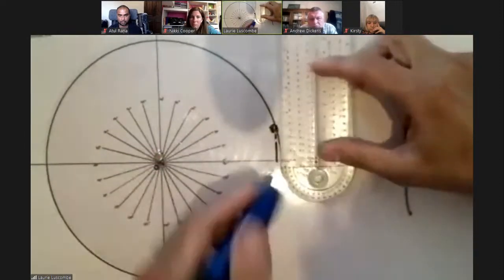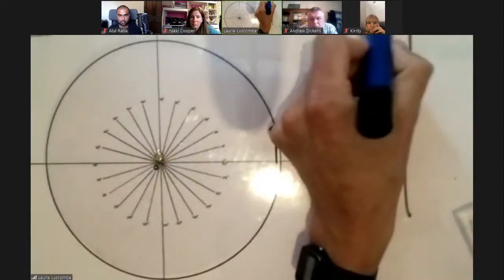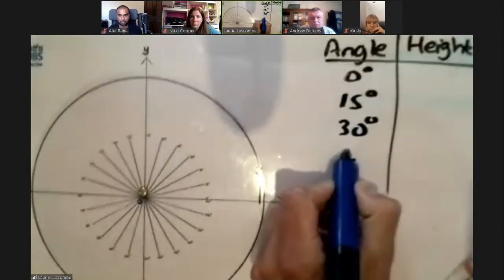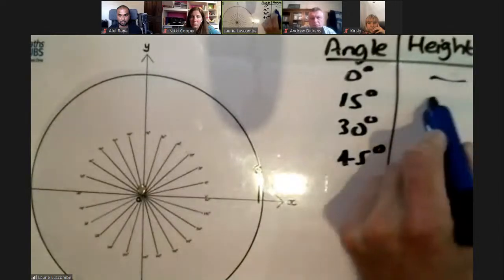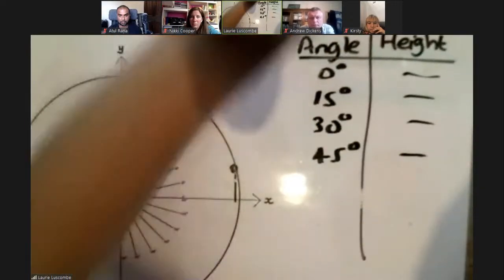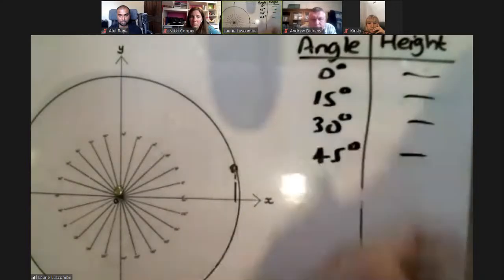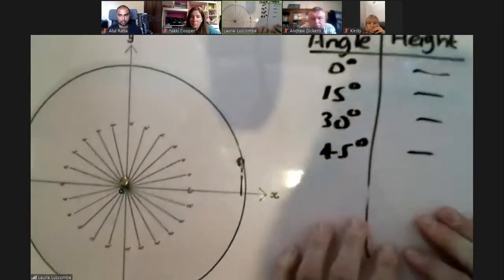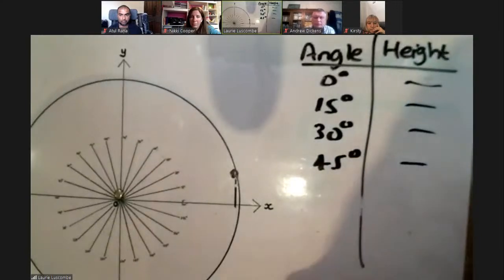And so you're getting to measure, for 0 degrees, for 15 degrees, for 30 degrees, and so on, and they'll put the corresponding heights. And the more we put this together, what ended up being a 5-year scheme of work, the more we realized how, to use one of the current buzzwords,